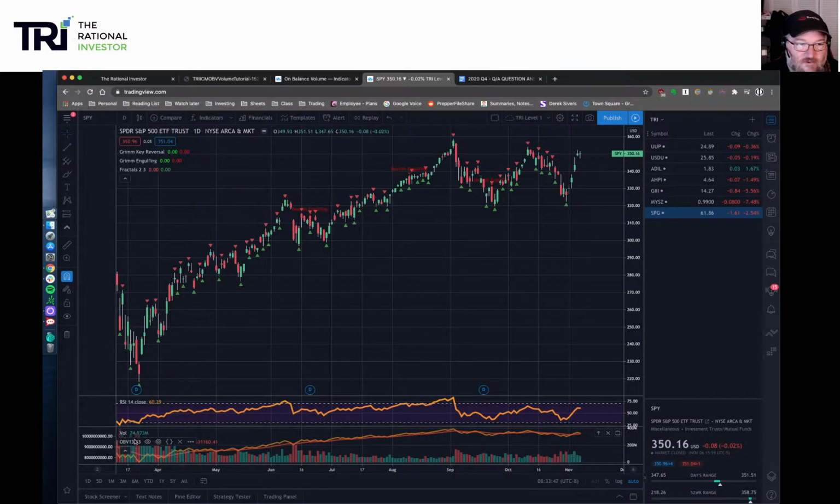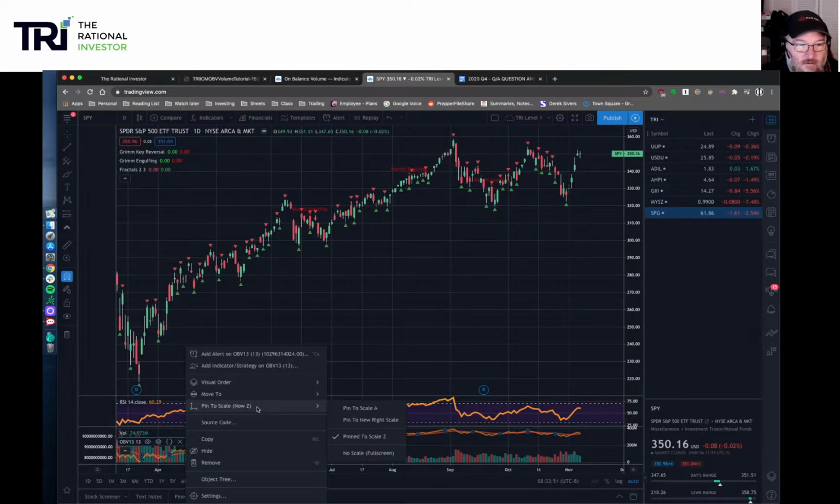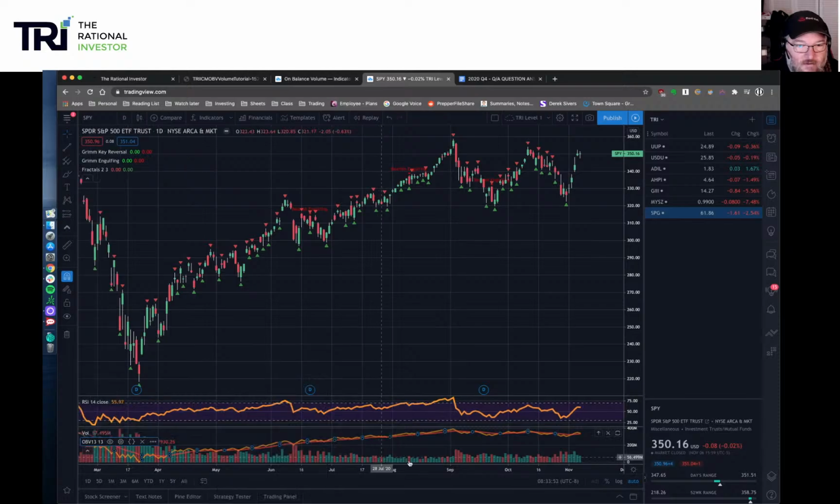Okay, so there's a lot of different ways you can play around with this. You can also make OBV no scale if you don't want to have this little chunk of real estate taken up. It doesn't really matter to me, but